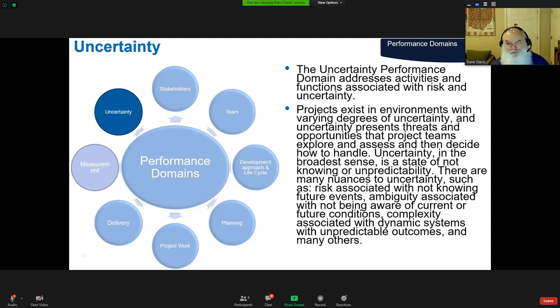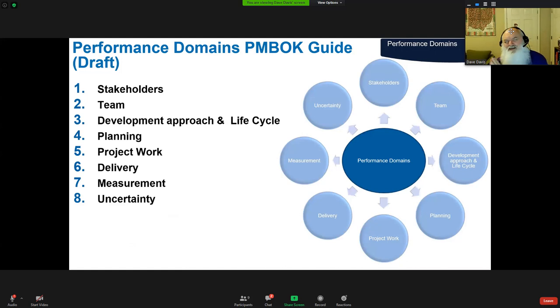So those are the 8 performance domains. Significantly different than what we've covered in the past with procurement, risk management, schedule, knowledge areas, the 10 knowledge areas. And we're getting much more to a point of, as I said, performance, being able to deliver using those things in 8 different intersecting performance domains.